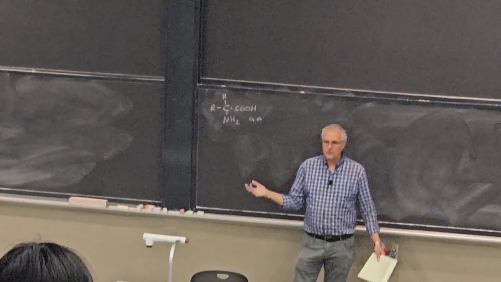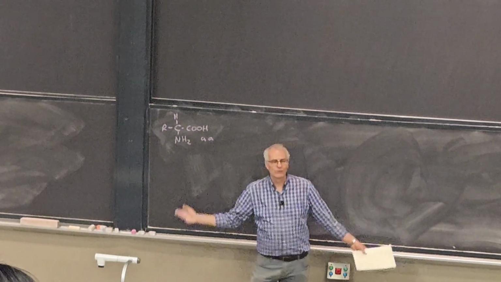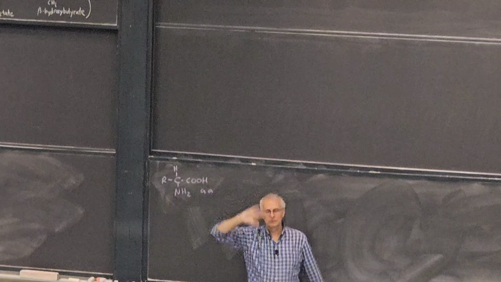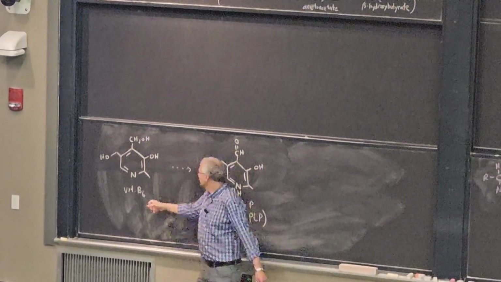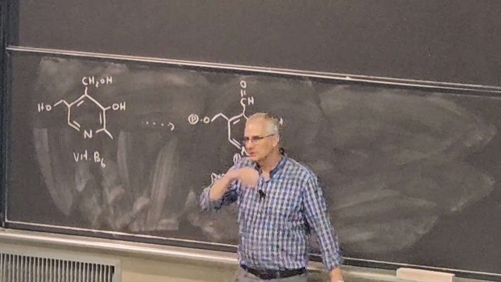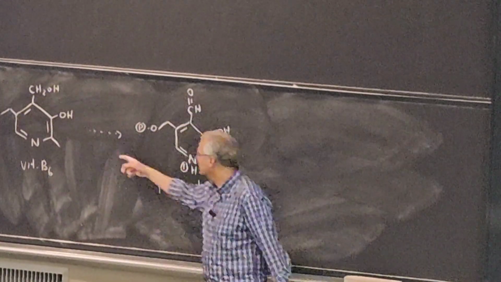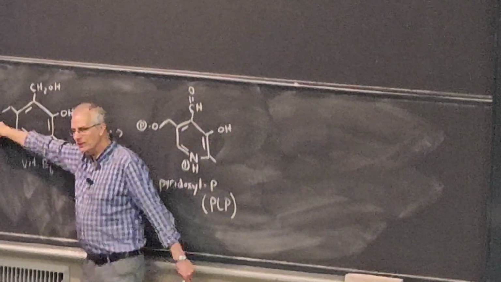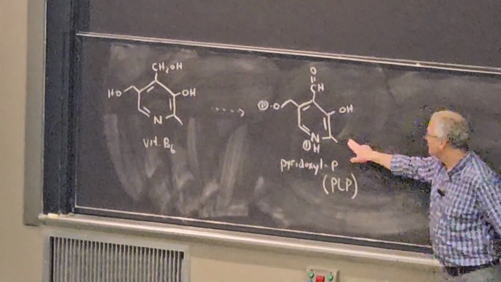About transamination reactions: transamination is a class of reactions that requires a cofactor, like all these fancy things, doing this swap between alpha-keto groups and amino groups. Glutamate and alpha-ketoglutarate requires a cofactor, and the cofactor comes from a vitamin. The vitamin in this case is vitamin B6, which was put in your cereal. Then your cells take the vitamin B6 and add a phosphate here, oxidize this alcohol to the aldehyde, and protonate the nitrogen, and that gives you this molecule here, pyridoxal phosphate, which is always abbreviated PLP.